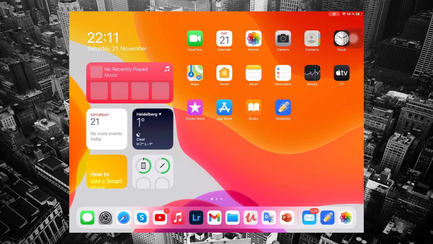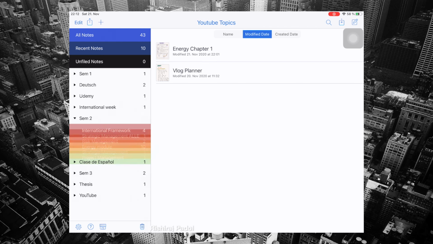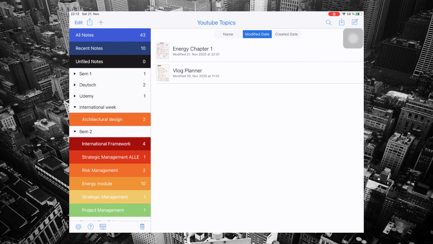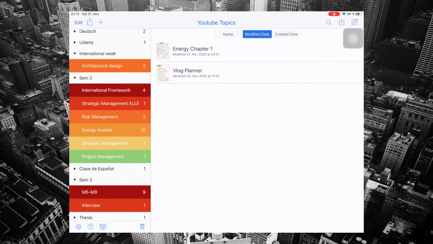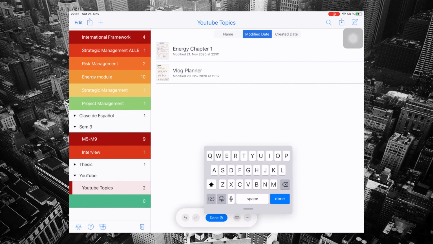Now go to Notability. One of the nicest things about the Notability application is that on your left side you have all your subjects and dividers, and on your right side you have the topics you have written, like notes for example, and you can color code them in whichever manner you want. It's really nice for visuals also. So for example, here is this small plus, you just go add a subject. Now this subject is test